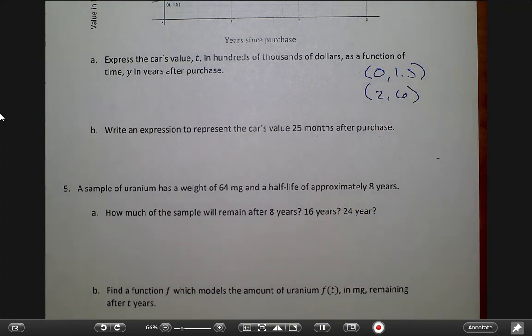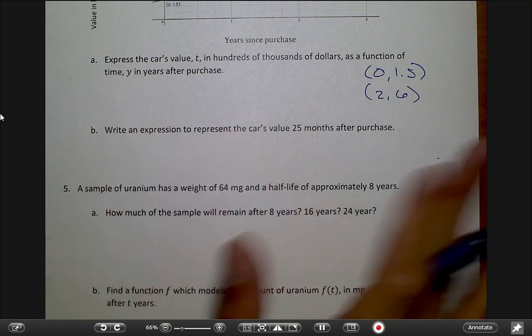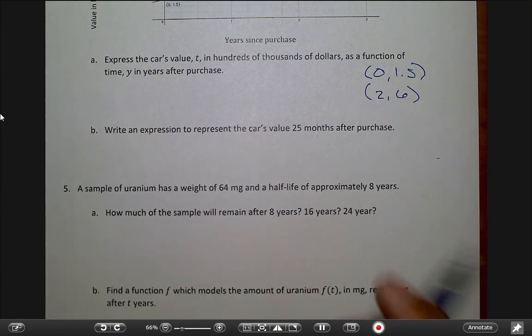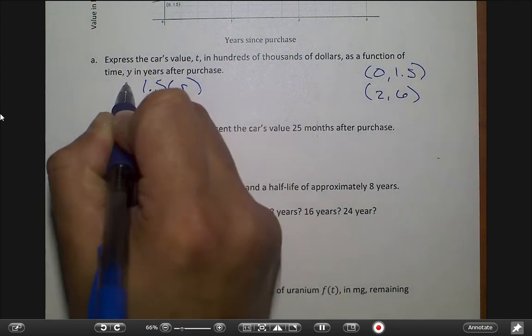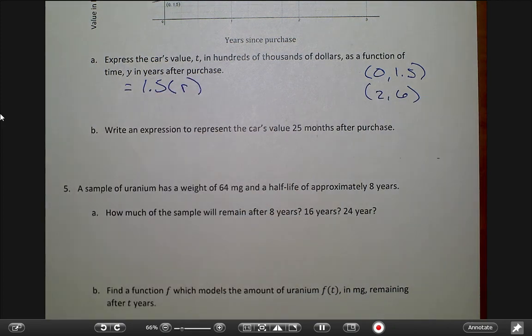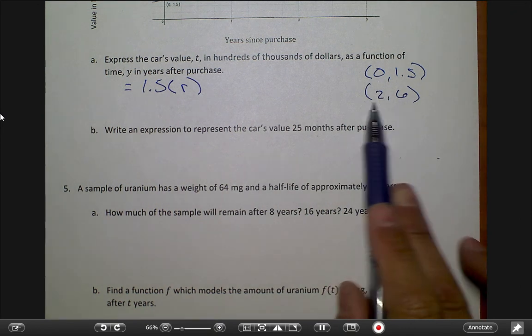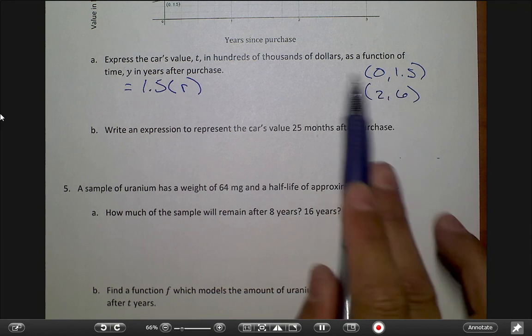So we need to solve for r in this one. This one we don't have the r. It doesn't say what it does. The previous one told us that it tripled. This one doesn't. So let's start off with the initial, which is going to be 1.5 times r. And now what do I have to do? We have to solve for r. Do you guys remember solving for r here? I have to use the second point.